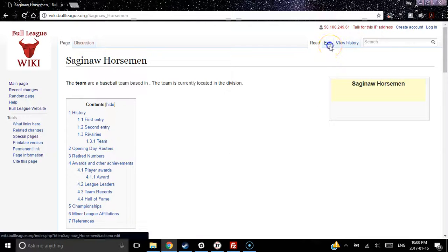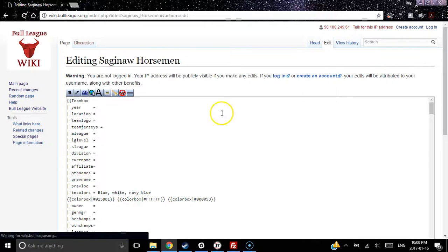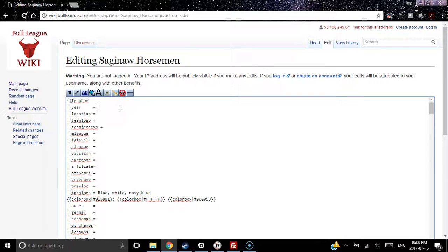It is a blank template. Just click on Edit, and this lets you fill in all sorts of information. Now we can talk about sourcing the information in a moment, but the Saginaw Horsemen, it's a 2012 club. It was created at the same time as the Arizona Cowboys. Location, Saginaw, Michigan, and this little